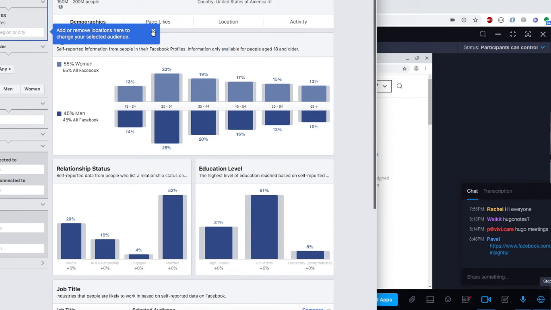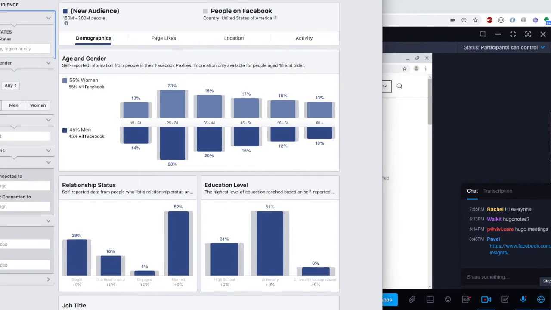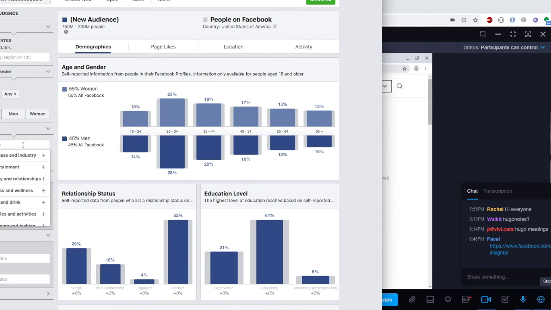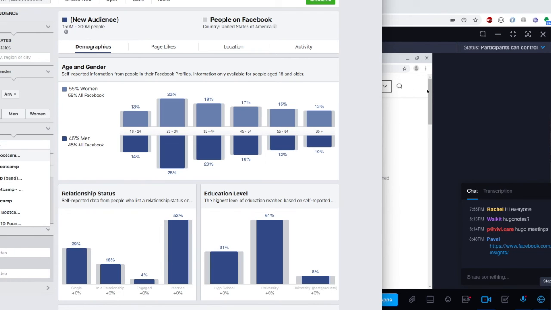This is the Audience Insights. What you could do is start from everyone in a certain country, right? So it has, whatever, 2 million in the United States of America, and that's how it's distributed. Now you could put something into interest. I don't think I could actually put MIT bootcamp, and that's a great example of what I was talking about. You wouldn't be able to find MIT bootcamp here because it's just too small for Facebook to display to you here. But funnily enough, coding, and I think entrepreneurship bootcamp